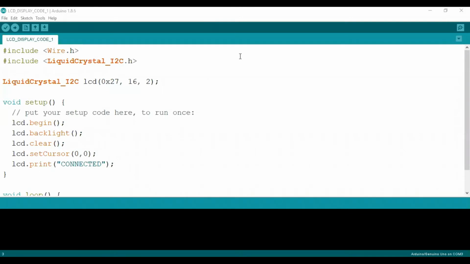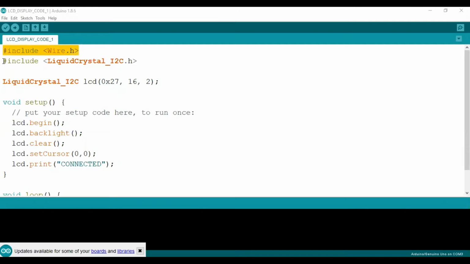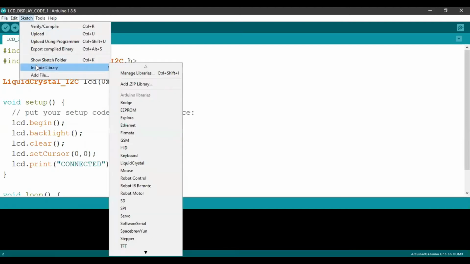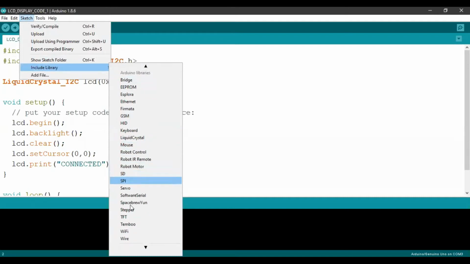So this is the code to display basic text. We have to include two libraries here. One is the Wire.h library and the other is the LiquidCrystal I2C library. We can either manually type it out or go to Sketch, include library, and include the Wire library.